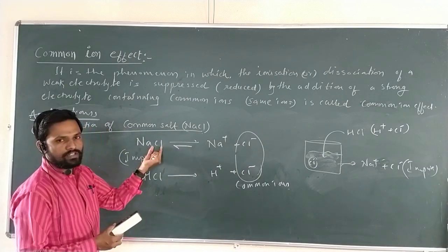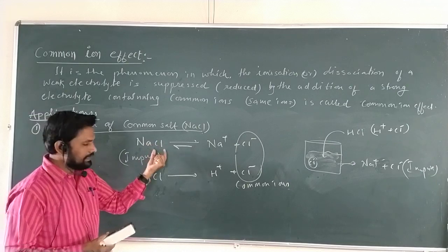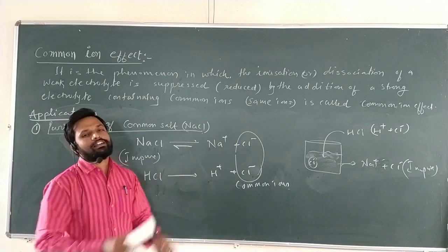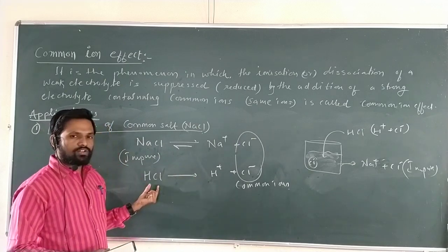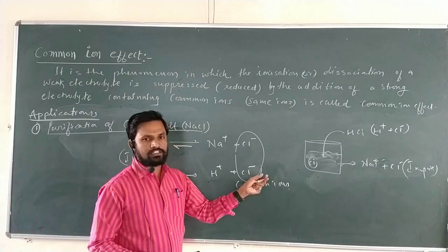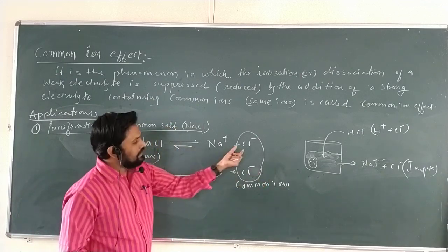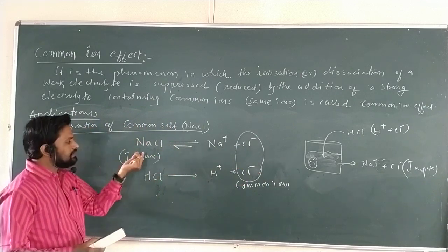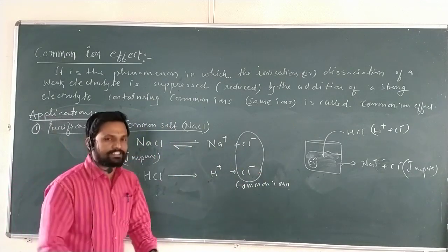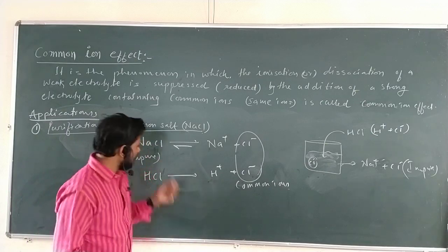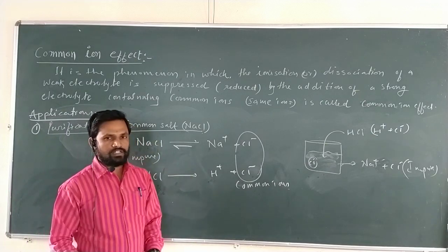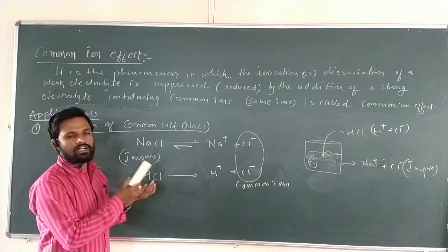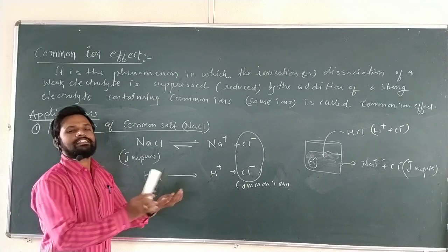How can it be extracted? The NaCl is extracted in a solid, pure form by adding HCl as a strong electrolyte. Due to this HCl, the Cl negative concentration increases. Obviously the equilibrium is shifted towards the left-hand side, which means the dissociation of NaCl decreases. Ionization of NaCl is suppressed. Due to the suppression, NaCl precipitates out in the form of solid easily.